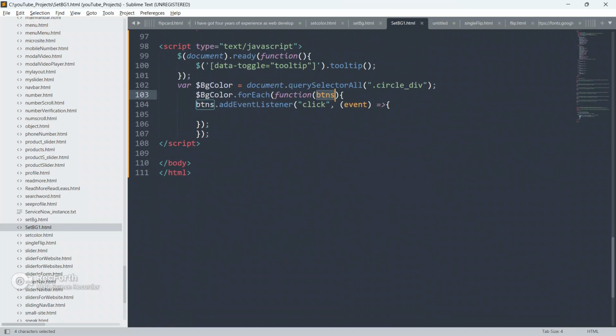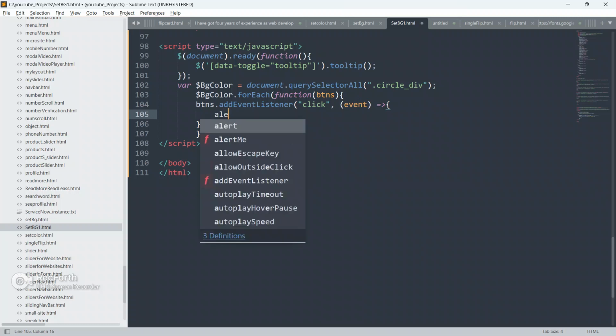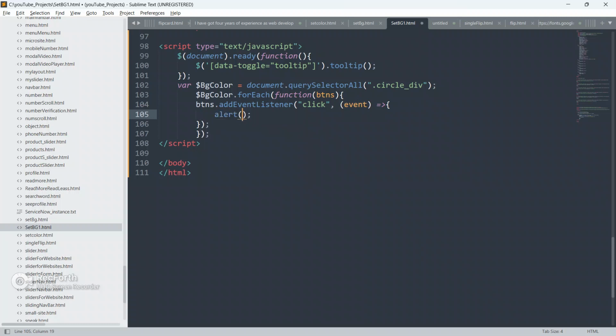It will grab each div and put it inside this button, and on this button we are going to append an event listener, and the event name is click. On the click of these buttons we are going to perform some kind of action, and this is the event as a parameter. So I'm going to perform some action, guys.